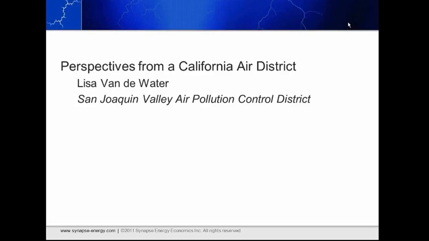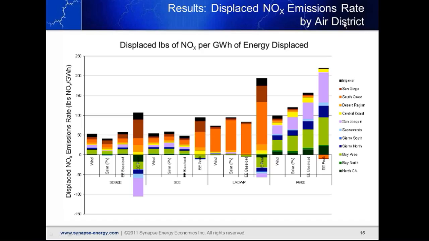I know Jeremy's slides are excellent, and we've been very impressed with how he's been able to portray the information that has come out of this. It's hard to kind of focus in on one particular district, but the San Joaquin Valley actually sees very little emissions reductions based on this model for the various scenarios. But that's not to say that the model is not a valuable tool. Certainly the greenhouse gas emission potential is stated well in this model.